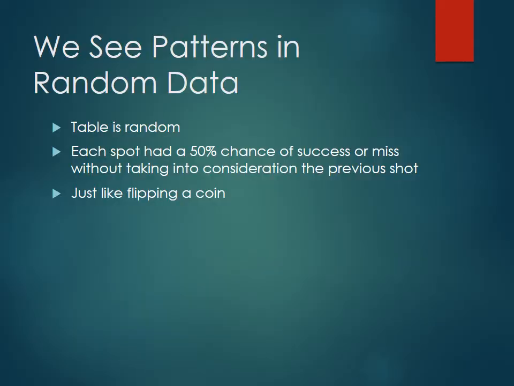So again, that table is 100% random. Basically every shot was 50-50. Previous shots did not necessarily inform future shots being made, right? All of it had to do with just whether or not the player made it. Just like flipping a coin, obviously if you were to flip a coin 100 times, are you guaranteed to get 50 heads and 50 tails? Probably not. But if I had all of you guys do it, I'd probably be more likely to get to an average that's closer to 50-50, right? So the same thing's happening here.